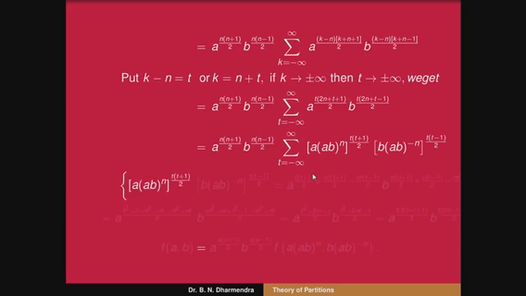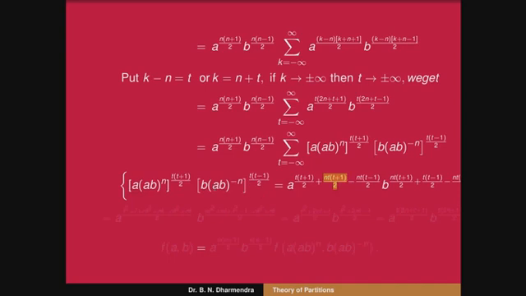But when I multiply these terms, we get the same term. You can observe here, a(ab)^n whole to the power of t(t+1)/2 into b(ab)^(-n) whole to the power of t(t-1)/2. So we can collect the powers of a and the powers of b. Here the terms of a are a to the power of n times t(t+1)/2. So this is the term.